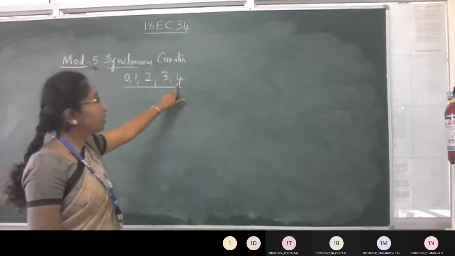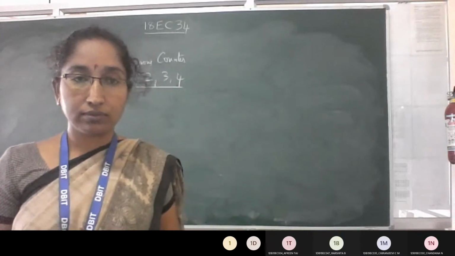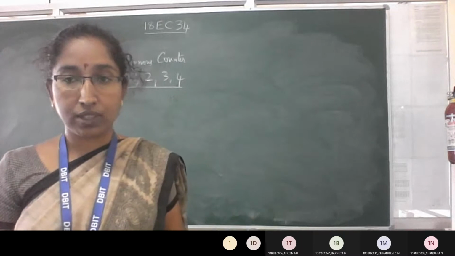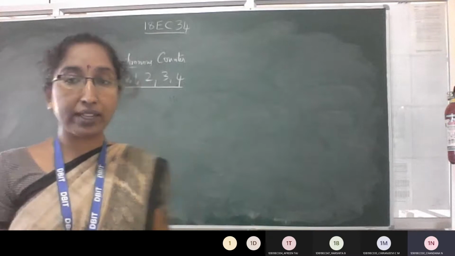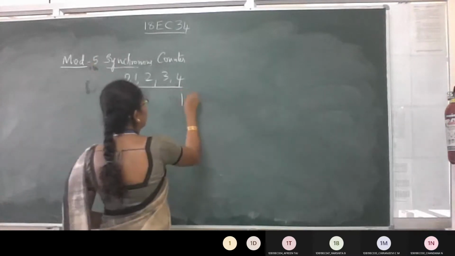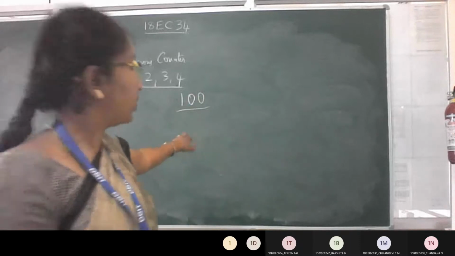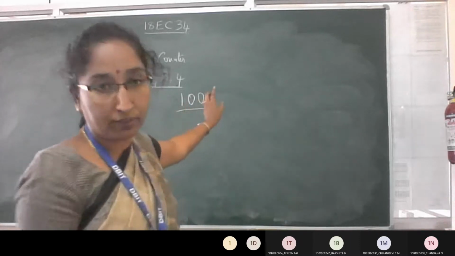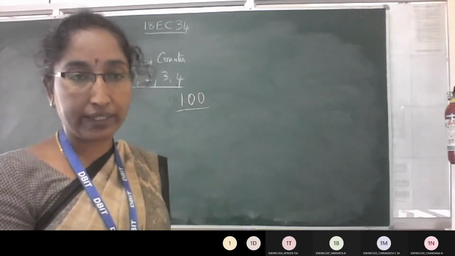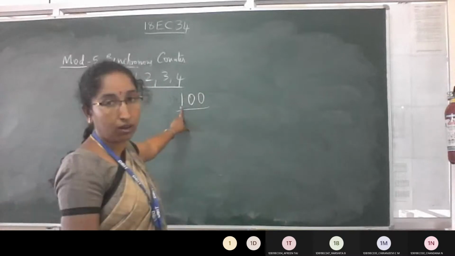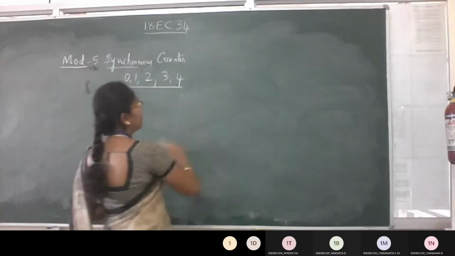Now the maximum is 4. How many bits do you require to represent 4? In binary, if you want to represent 4, you require 3 bits, that is 100. So here you require n-bit flip-flops. Each flip-flop will store 1 bit, so you require 3 flip-flops. Whatever the type, SR, JK, D or T, you require 3 flip-flops. Each flip-flop stores 1 bit at a time, either 1 or 0. So now you know how many flip-flops you require.